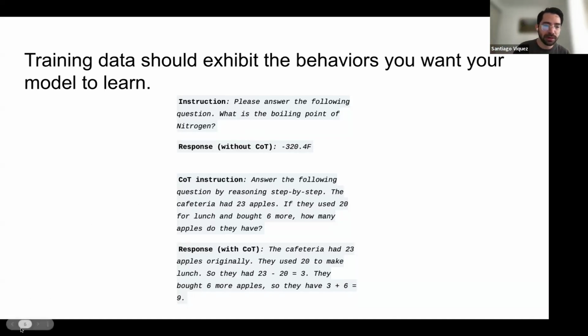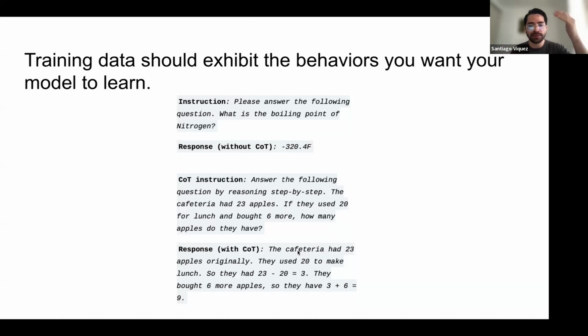If you want a model to be trained in a chain of thought fashion, you need instructions that say so, like, okay, reason and do a step-by-step analysis. And your response in the training data should also look like your desired output, right?